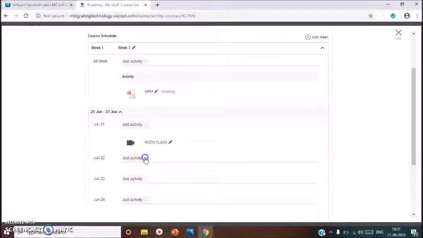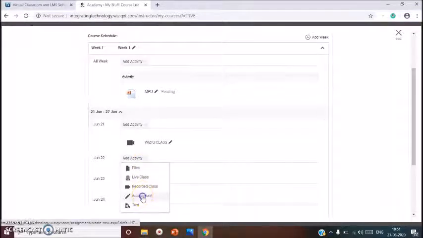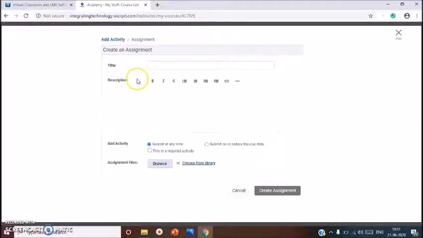Here I can also add another activity on the other day. I can give an assignment. You can write the title of the assignment. So here I write assignment 1. I can also write the description about the assignment.